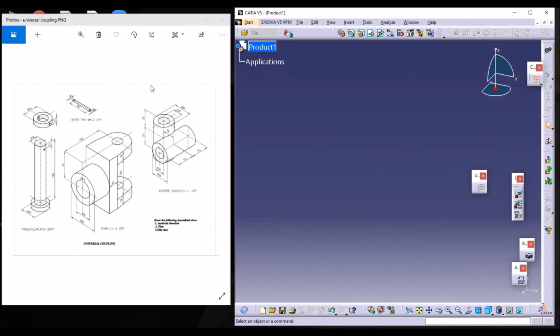Hi friends, today we are going to discuss the remaining parts' design in the CATIA software. For the universal coupling, we have designed these three parts: pin, collar and taper pin. Now we will discuss the designing of the fork and the center block. For that, I am going to open the